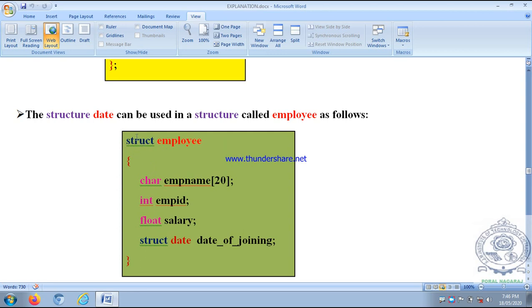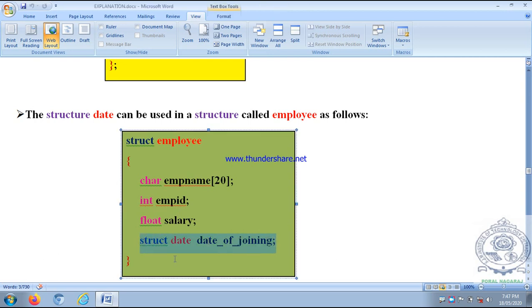There are four members. The first one is employee name, an array of 20 characters. The second member is employee ID of data type integer. The third member is salary of data type float, and the fourth member is another structure.